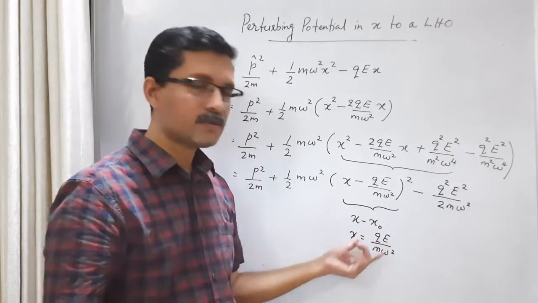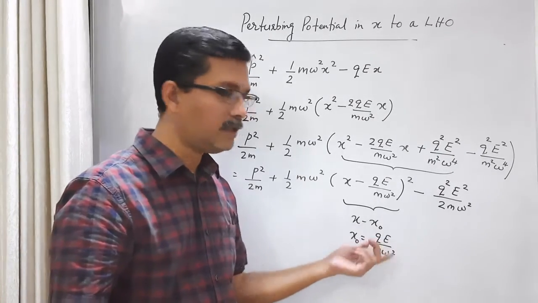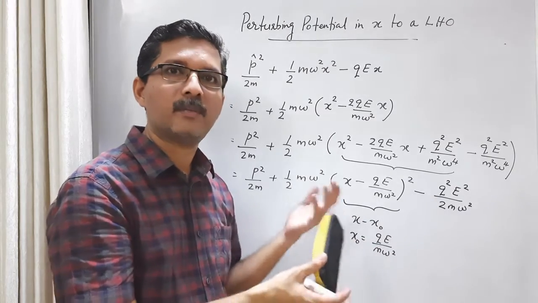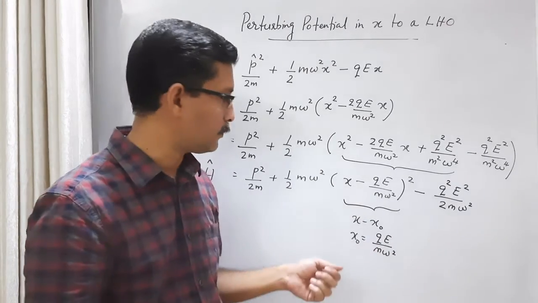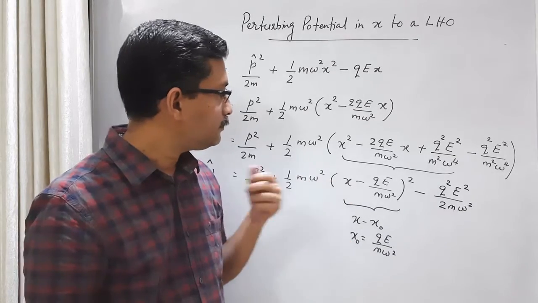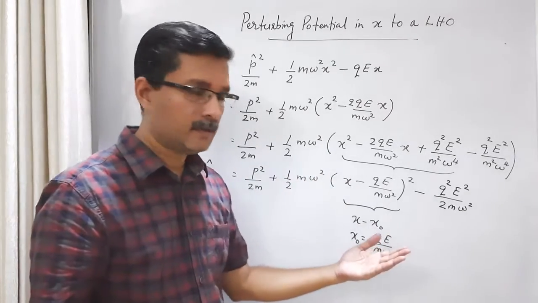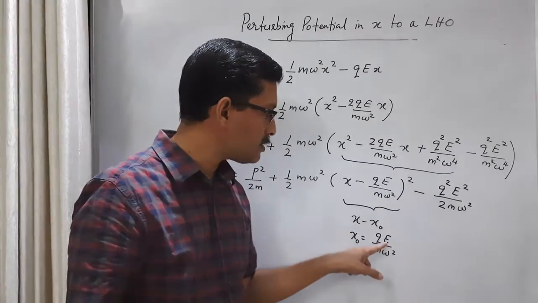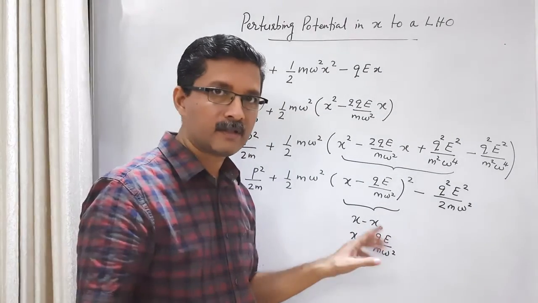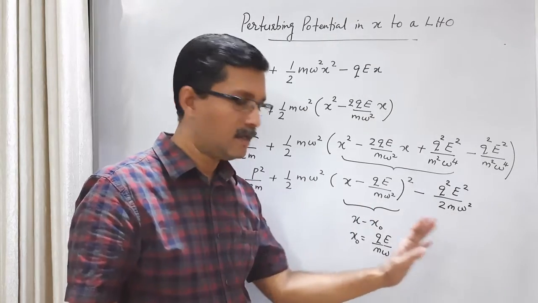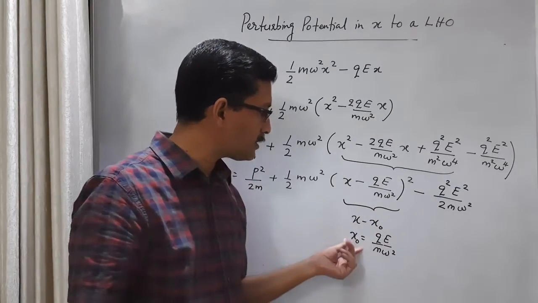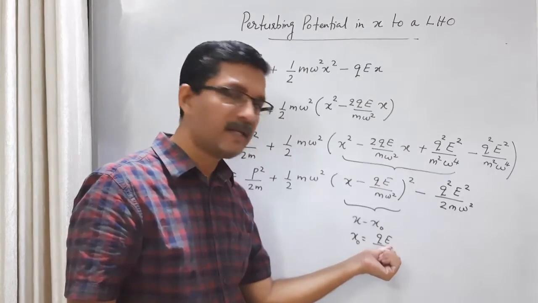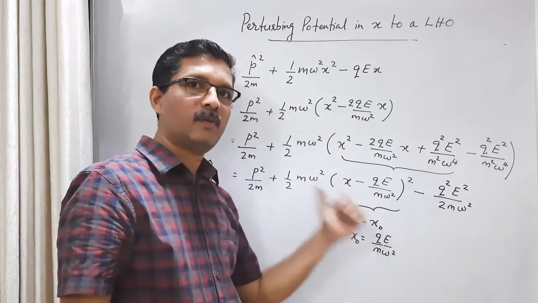Only thing is that we have used electric force here, that's all. So instead of QE, it can be mg if it is gravitational force. It can be F, where F is some constant force. So the mean position is shifted by this much, and you can see that the shift in the mean position depends upon the direction of the electric field. Here the electric field is along plus x direction, so the shift x0 will be along the plus x direction. If the electric field is minus, then x0 will be negative.